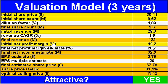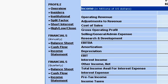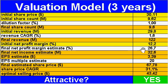Initial net profit margin. This is the net profit margin the company had in fiscal 2007. It was 12.2%, but in the fiscal 2008 first quarter, it had a net profit margin of 26.7%. So net profit margin more than doubled here. So I expect this net profit margin to continue at about 26.7%. And this gives me a final net income estimate of 32.6 million for fiscal 2010 and earnings per share of